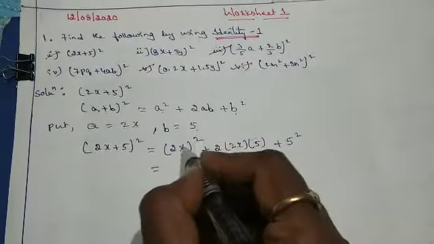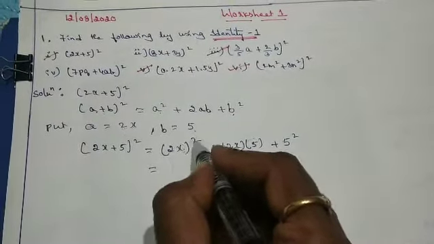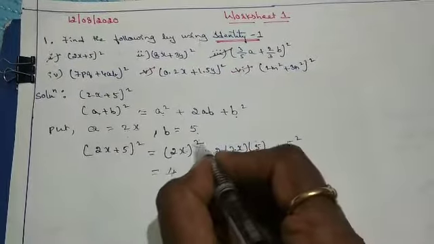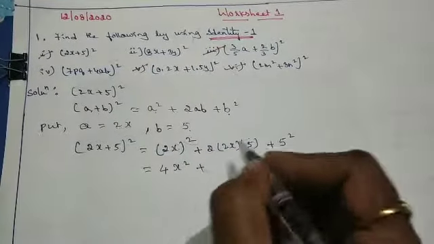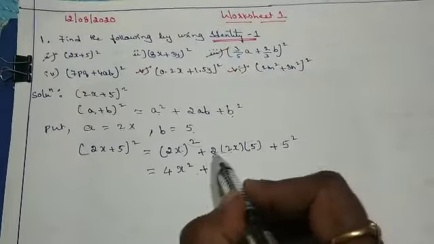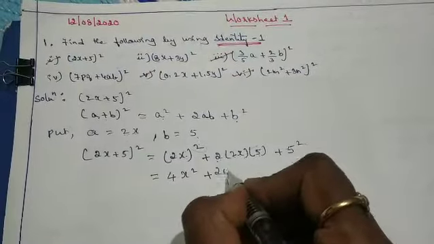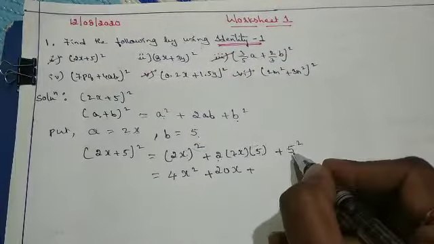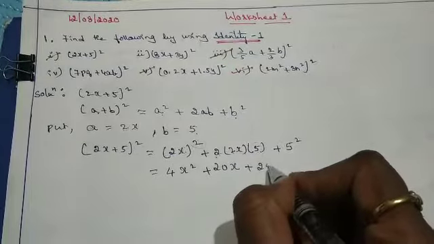Now here you have 2 factors, so equate the square for both the factors. First you equate the square to 2. 2 square is 4. Then equate the square to the variable. X square is nothing but x square only. Plus, multiplication of monomial with monomial. So same, multiply all the numericals first. 5 2s are 10. 10 2s are 20. And the variable, only one variable you have, so keep it as it is. Plus 5 square is nothing but square of 5. Square of 5 is nothing but 25.